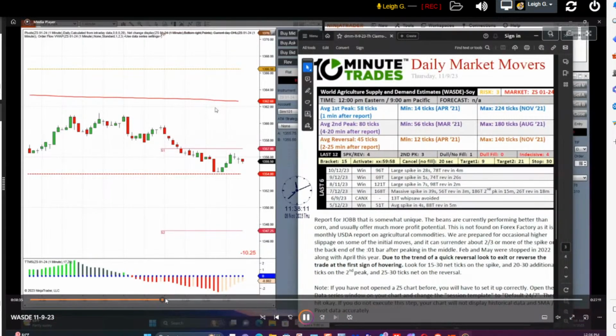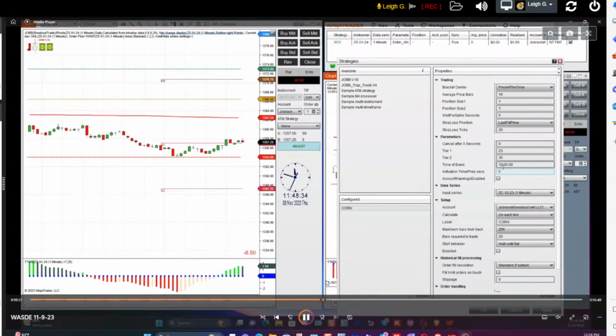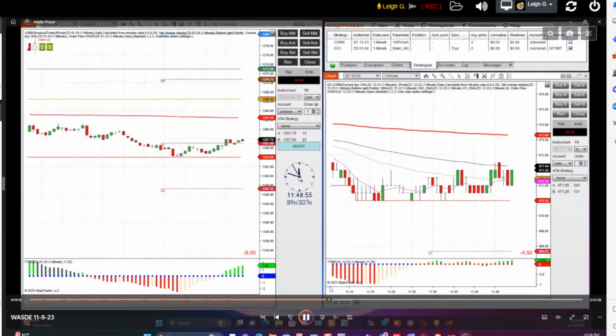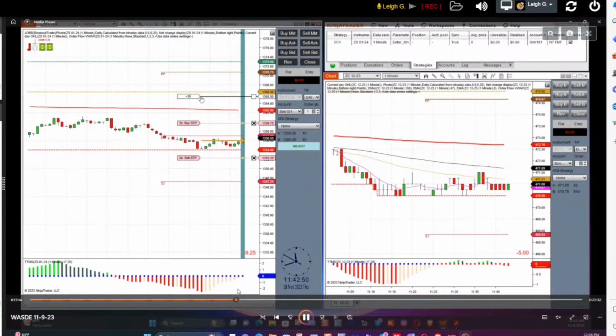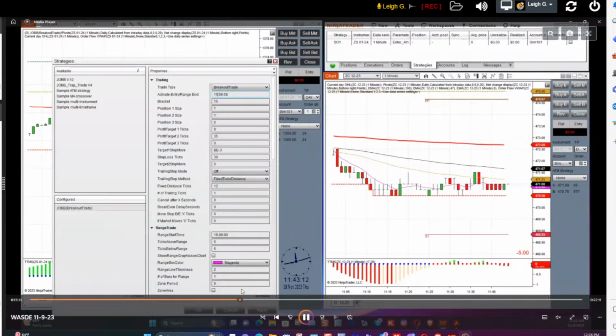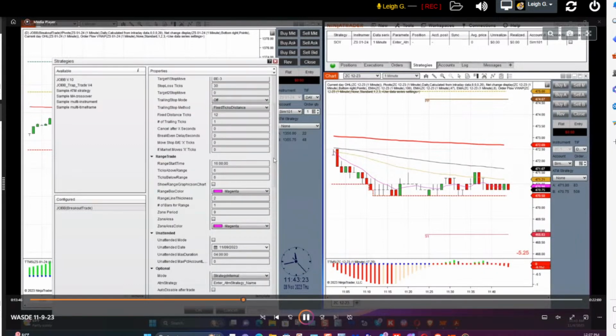So I'm going to go to the moment of, actually, let me recap the way that we traded it. Okay. I had a 15 tick bracket. I had targets of 9 and 35 and a stop of 30. My stop automatically moved to break even -3 after my first target got hit. Okay. Now,